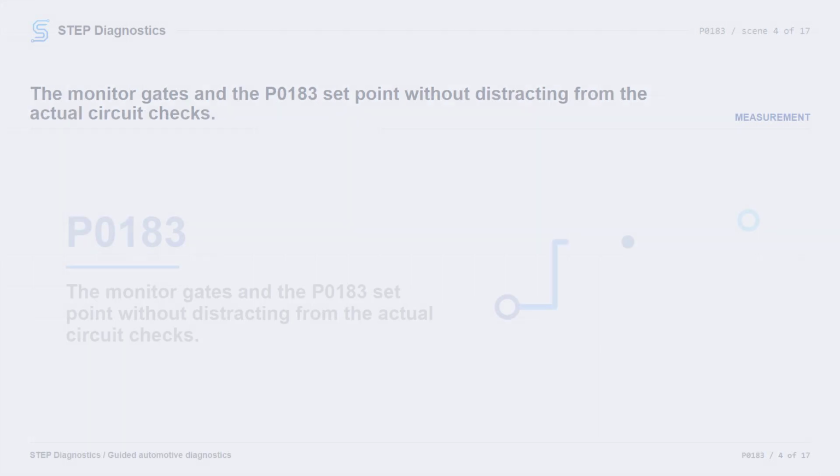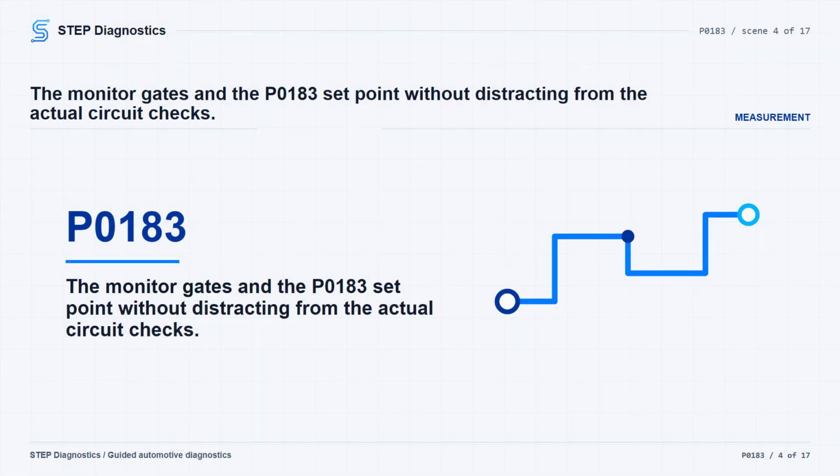blaming a component. For P0183, treat the running conditions as monitor gates. The fuel pump driver control module voltage signal has to be greater than 8 volts. Ignition is on or the engine is running. Ignition voltage has to be greater than 11 volts, and the monitor runs continuously after those conditions are met. The setting condition for P0183 is the fuel temperature sensor reading colder than -39 degrees Celsius, -38 degrees Fahrenheit for